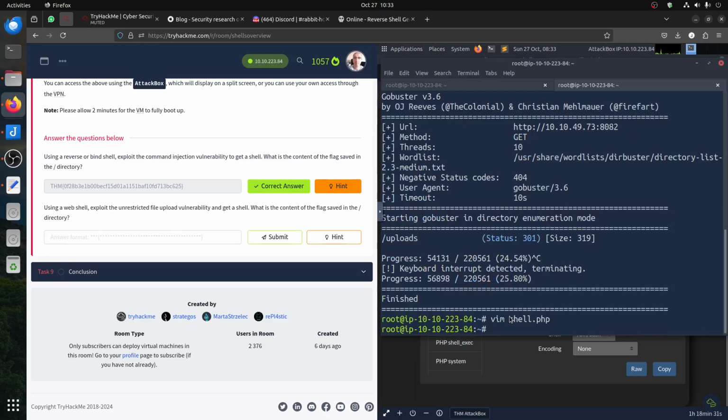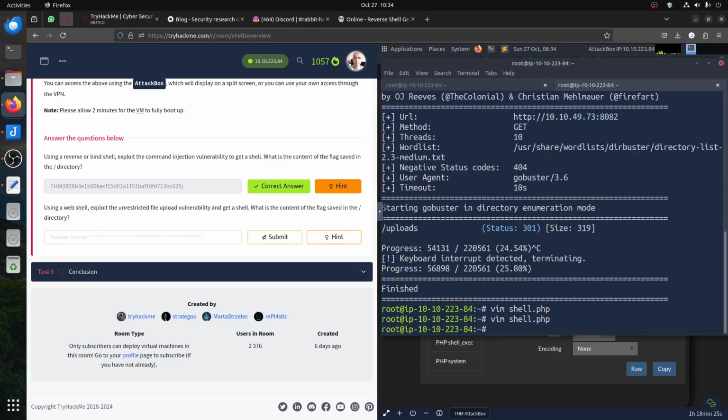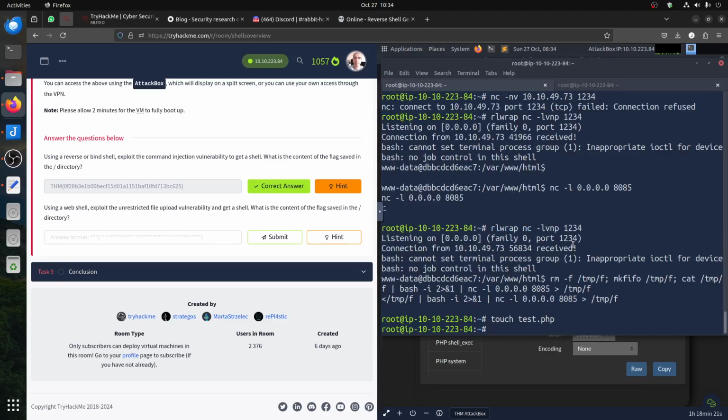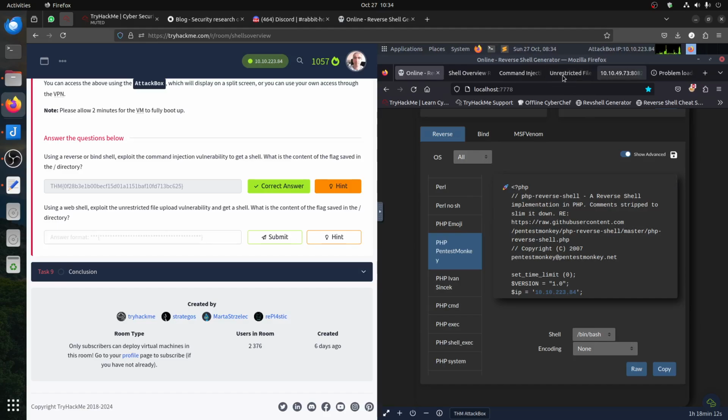So you can see it's already put your IP, the listener, in any case. So we have the shell. Yeah, we can use the same 1 2 3 4. We listen. Now let's go, where is it,